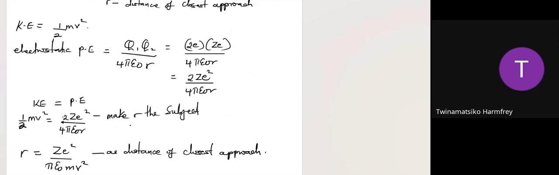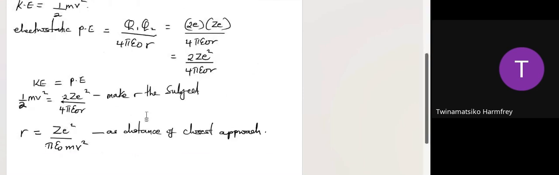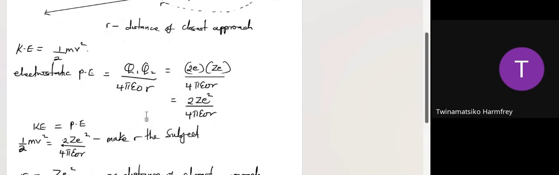You're going to use this derived formula to solve different calculations, where you're given a certain beam of an alpha particle incident on a thin gold foil, and you're asked to determine or calculate the closest distance of approach of that alpha particle. You'll be given the atomic number, and yeah. So that is it. Our next will be the Bohr's